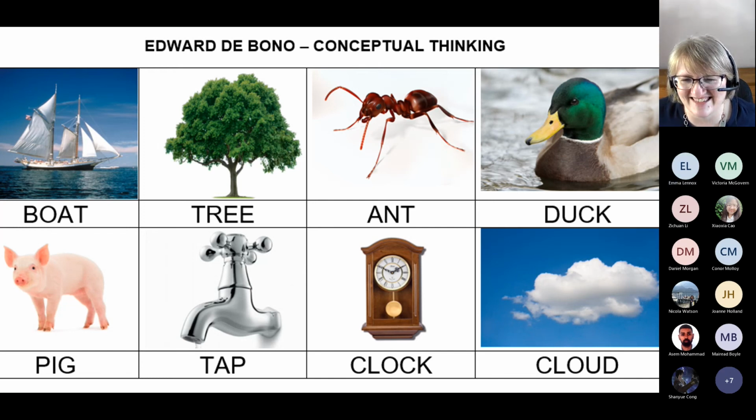No. You haven't given it very long. I would have 2 lovely groups if I could get rid of the pig. There's nature. Nature, yep. So pig, tree, ant, and duck. Yep. That's the one I had. Boat, cloud, duck, and tap. Water. That's what I had. But then the pig.